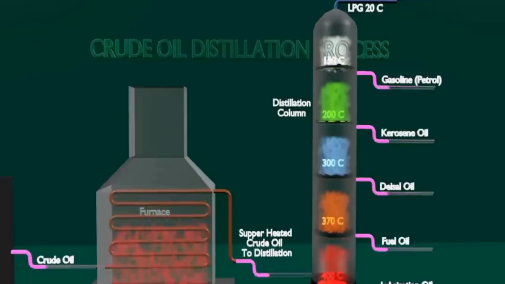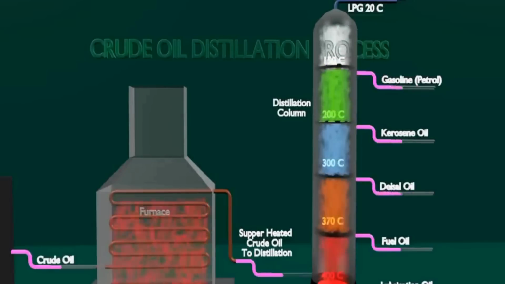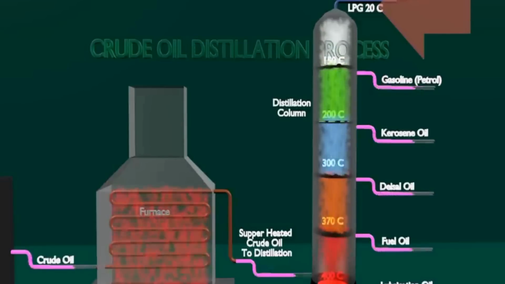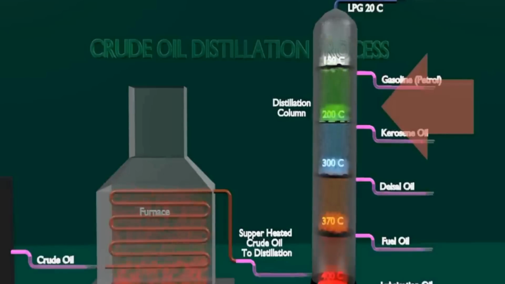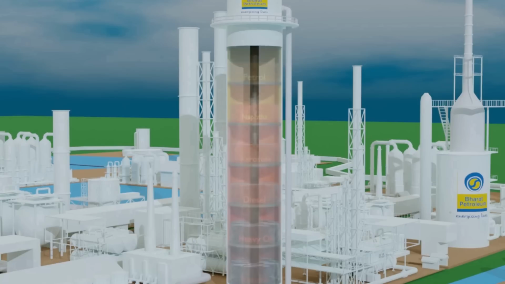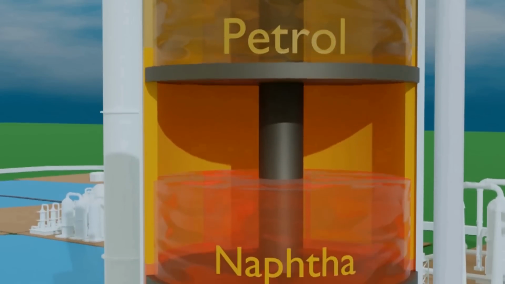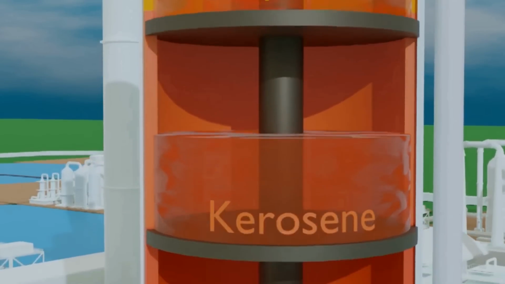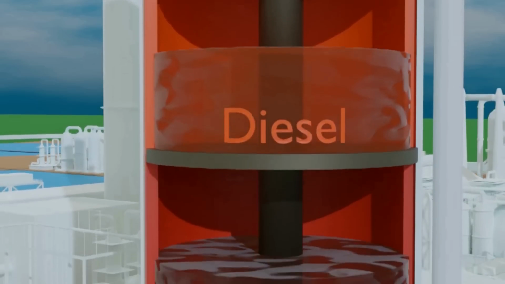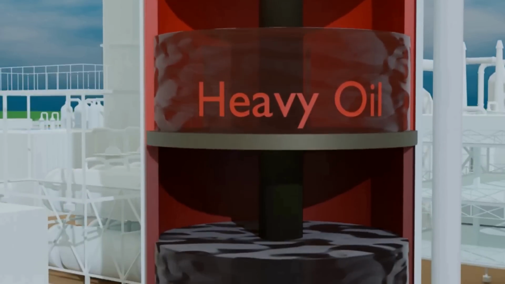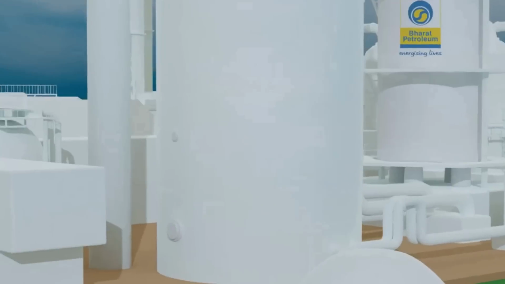The gases rise up through the column, cool at specific temperatures, and we get different layers in there, or different fractions in there, of the liquids that we're interested in, where height is directly related to the weight of the liquid, because the less heavy it is, the easier it is to boil off, the further up the column it will go because it's lighter, and then it condenses into the liquid, and that's how we separate out the different components of the crude oil.